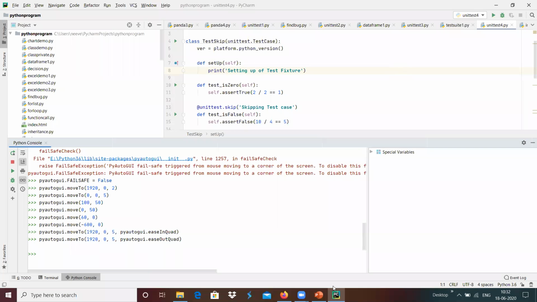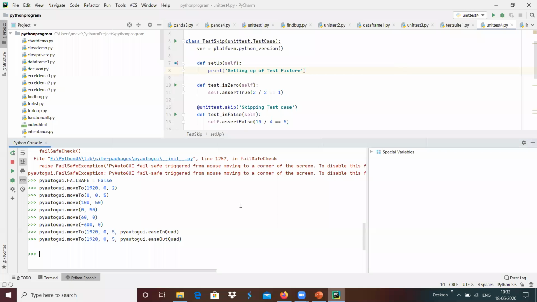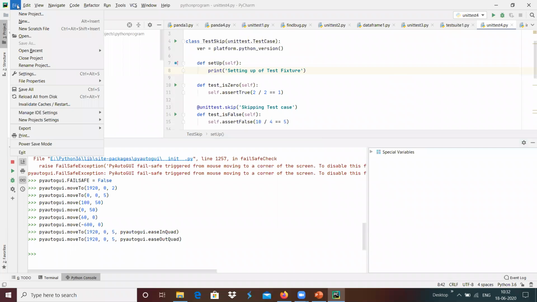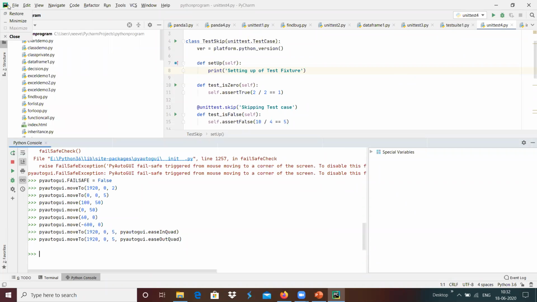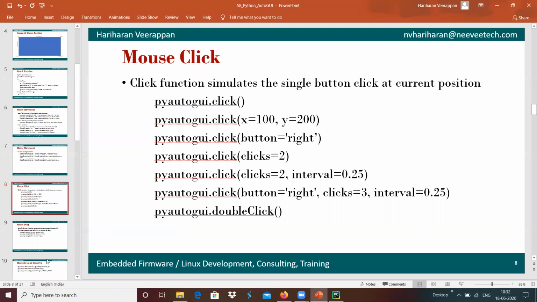For example, I am going to press the button over here in order to generate the click. We can use the method called click, which can be used to generate the mouse single button click event at the position.